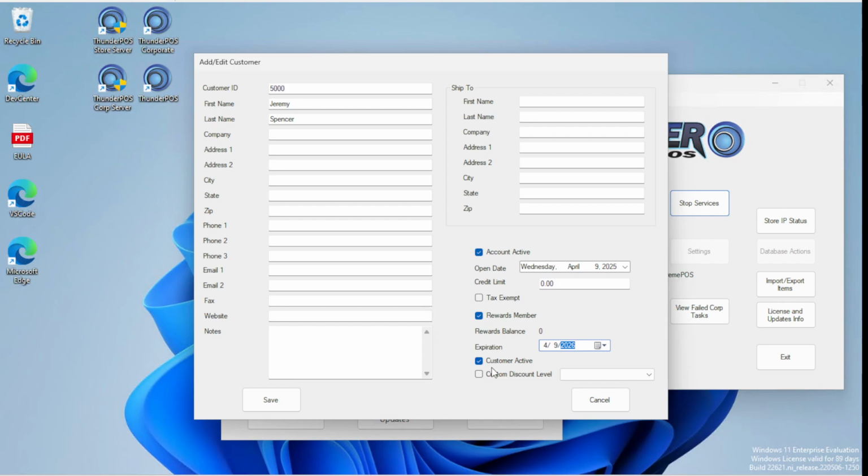If the customer is not active, then typically that means they are not currently a customer at all, much less with a balance. So the balance is separate from that. And then custom discount levels are a discounting feature where you can set that a customer gets things based off the cost or based off of the retail price. And you can set up these custom discount levels. They will override used condition pricing and everything. They're pretty specific to wholesalers, clubs, and that kind of thing. But if you need to do that, then that is available here, and you can manage the